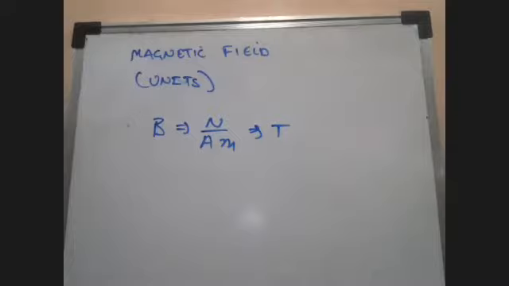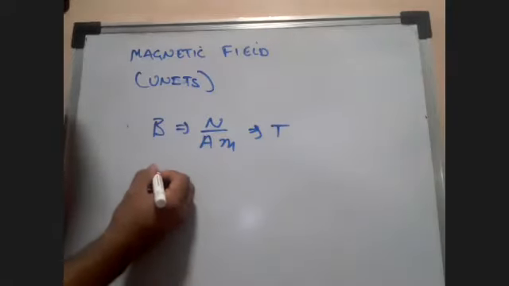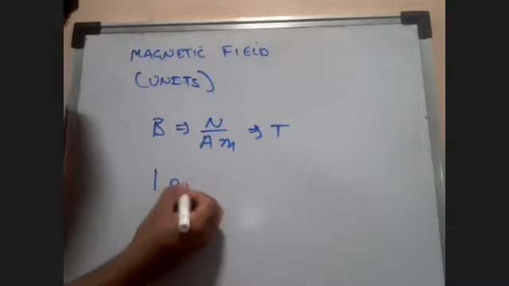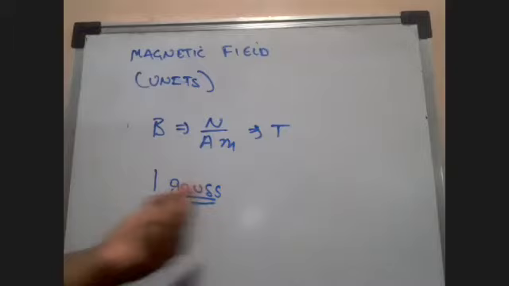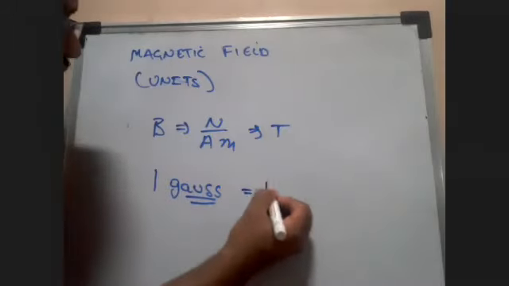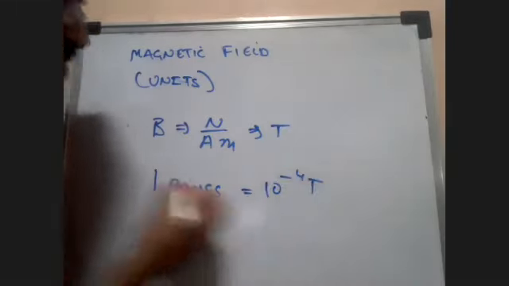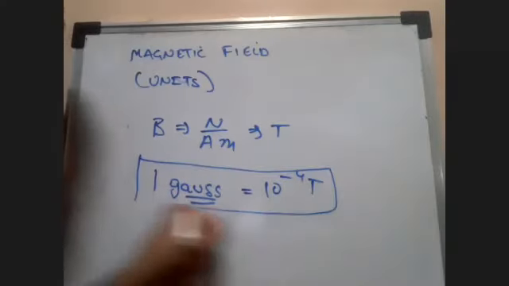In the question, most of the times you will be given that the magnetic field has so and so amount of Tesla, a number with a Tesla unit. Of course you now know what Tesla is. But students, sometimes the unit is given as Gauss. We should know that 1 Gauss is equal to 10 raised to minus 4 Tesla. Please remember this.